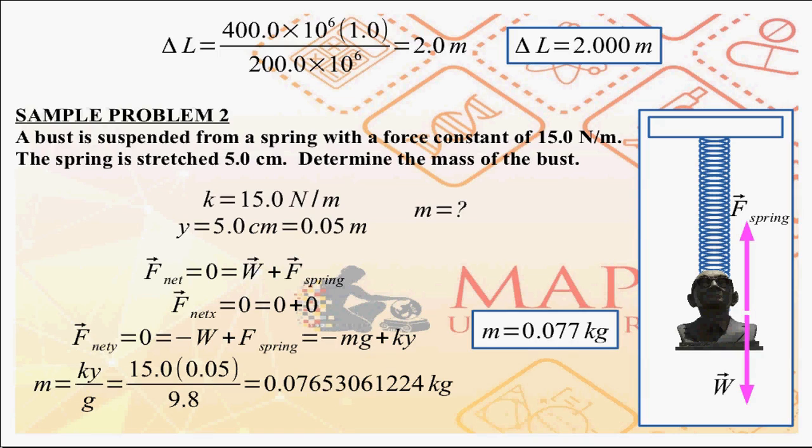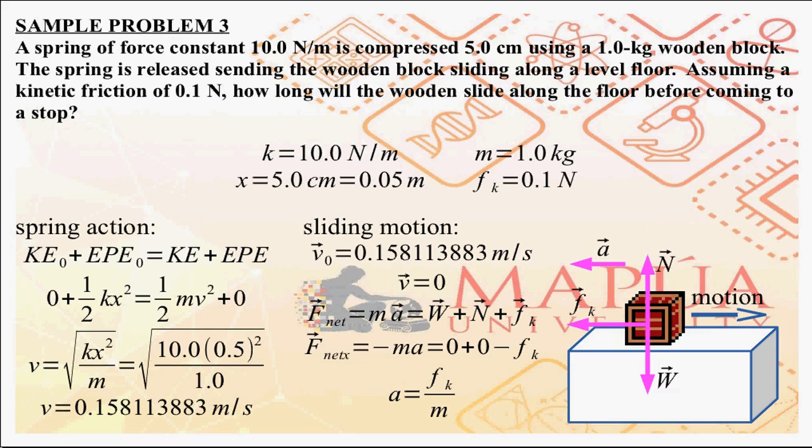Lastly, we have the following problem. A spring of force constant 10 Newton per meter is compressed 5 centimeters using a 1 kilogram wooden block. The spring is released, sending the wooden block sliding along a level or horizontal floor. Assuming that the kinetic friction between the floor and the wooden block is 0.1 Newton,